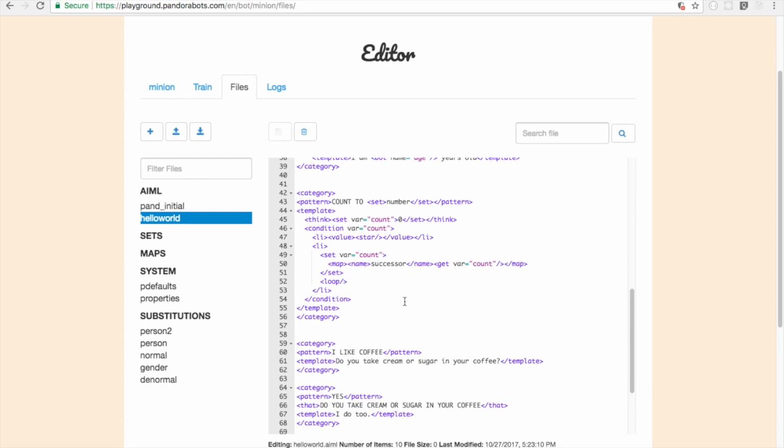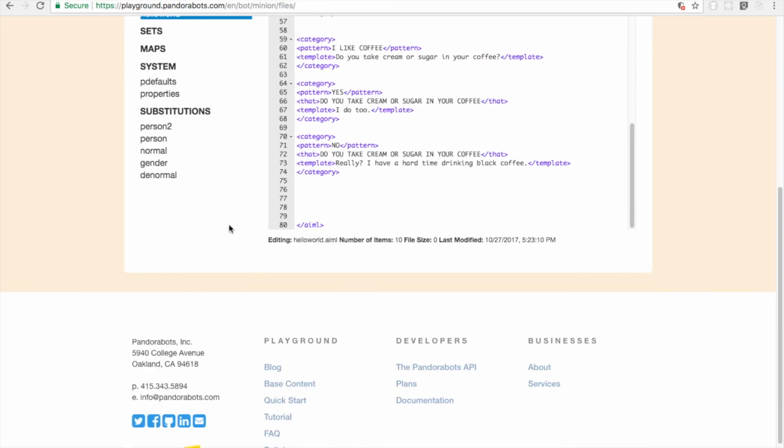For example, it could even be synonyms. I could say bye, or I could say in Spanish adios, or I could say bye bye, or goodbye. I could say any kind of variations. What it really means is whatever we ask, it's going to fetch us the same single answer. It's going to recurse and keep repeating its template. So let's see how to do that.